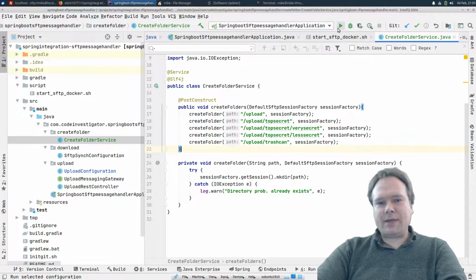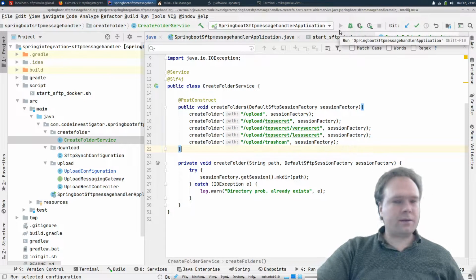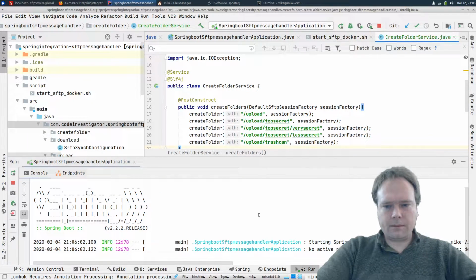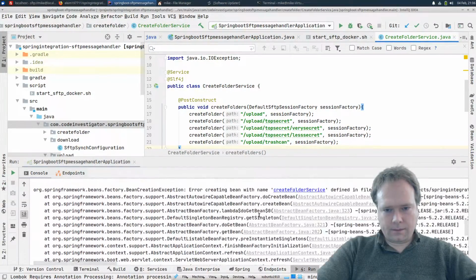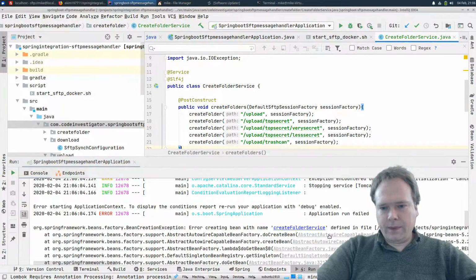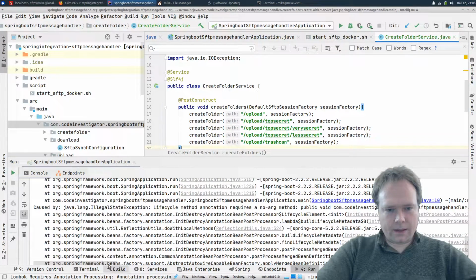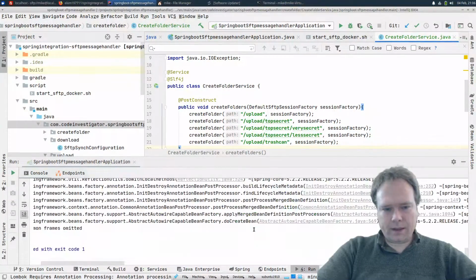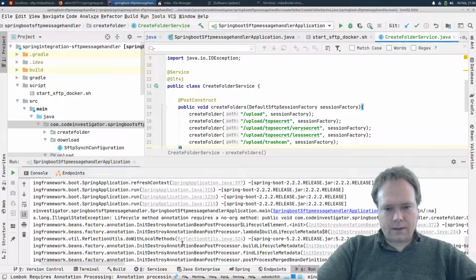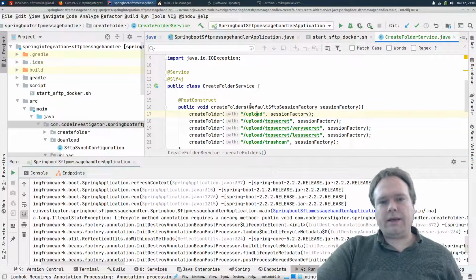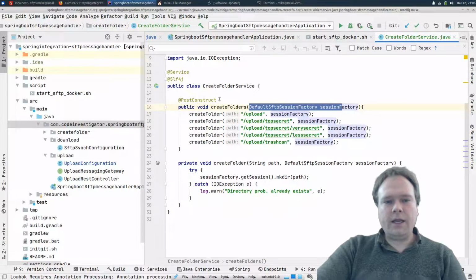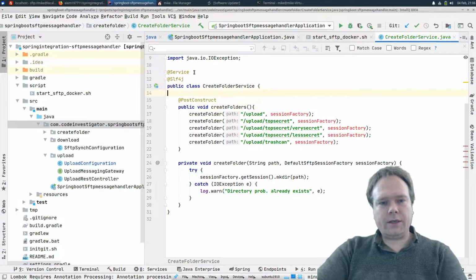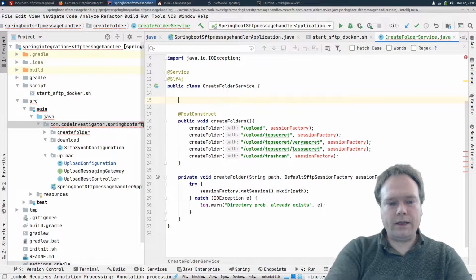Let us try to start our application and see what actually happens. So error creating bean, what happened right here? Something with lifecycle annotation, blah, blah, blah, blah. Oh, a no-args, sorry, I made an error right here. I cannot inject, because when we're using PostConstruct like we are right here, then we cannot inject the beans like this. Then we need, this is the service, so I can just wire in my default session